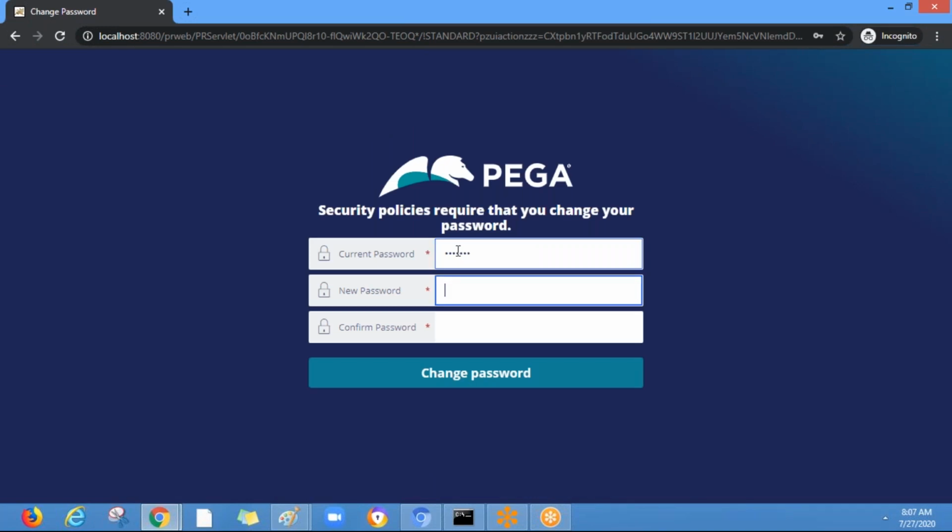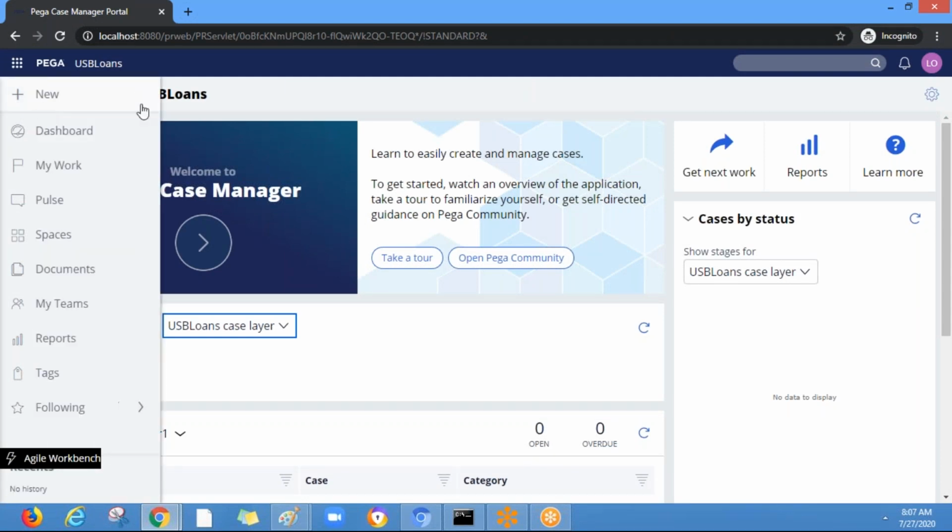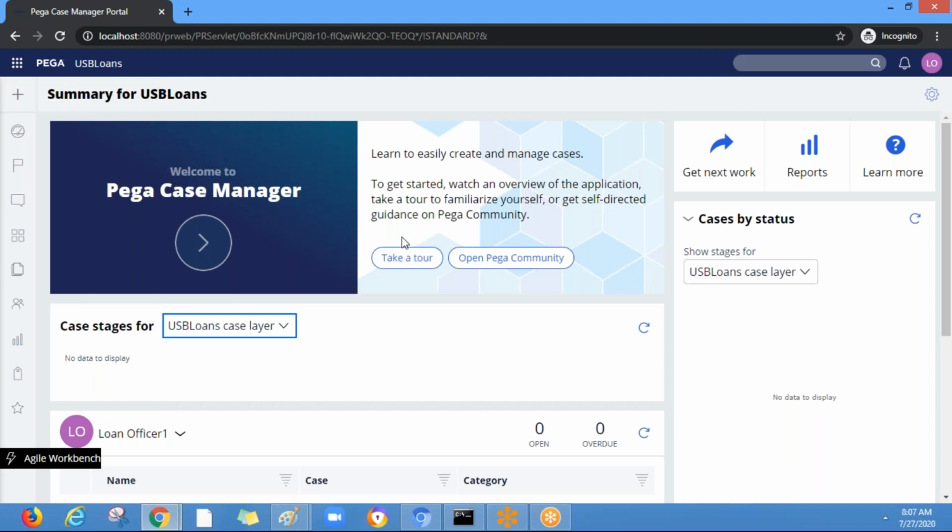Let's enter a new password. For you, you don't need to change these things, because when you create a new operator from the system, it will allow you to log in.